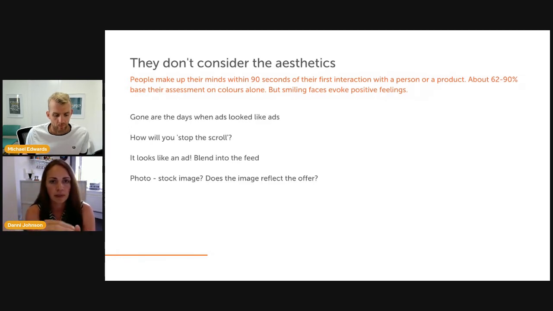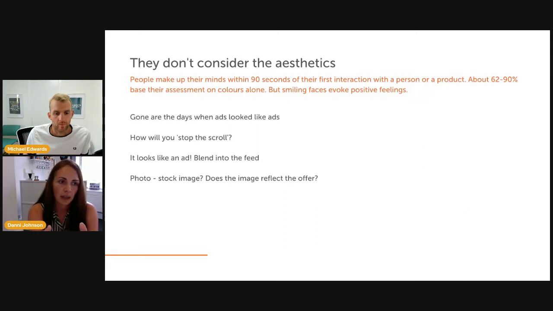A lot of people are still making the mistake of making pretty much that car sales ad, buy now, come now, the Windows guy, for example, and their ads look a bit like that. It's more about blending into the natural surroundings of the newsfeed so that it doesn't look like an ad, because people don't like being sold to. It's just a natural human thing. We just don't. So if it doesn't look like you're being sold to, you're more likely to click.